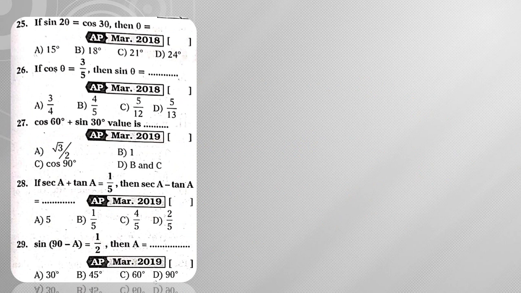Next, moving on to question number 25. If sin 2 theta is equal to cos 3 theta, we can either change cos as sin or sin as cos. I am going to change cos as sin. So cos 3 theta I can write as sin of 90 degrees minus 3 theta. Now both sides we have sin, that means both the angles should be equal. So 2 theta is equal to 90 minus 3 theta. From this, 5 theta is equal to 90 degrees, theta is equal to 18 degrees. Hence the answer is 18 degrees.